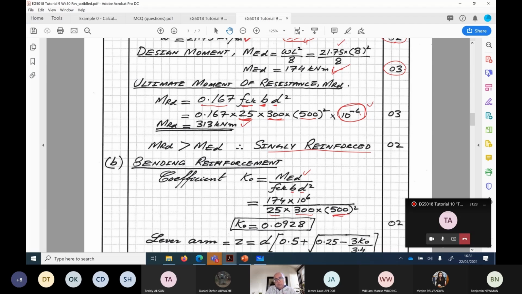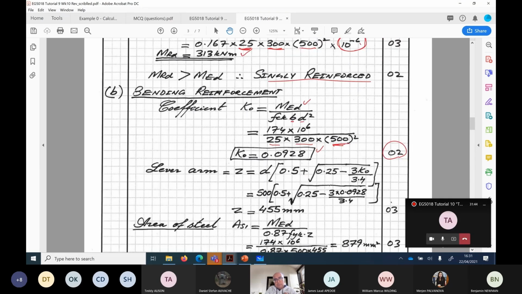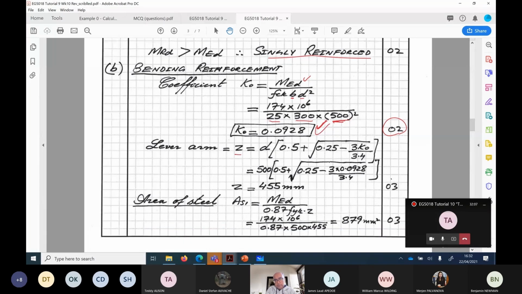And then from here you work out value of K naught as 0.098. The next step for me is to work out lever arm, which is Z. This lever arm is equal to D into 0.5 plus under root 0.5 minus K naught over 3.4, where K naught has already been determined. Now, if you put all these values here, 0.0928 for K naught, and if you put value of D here,